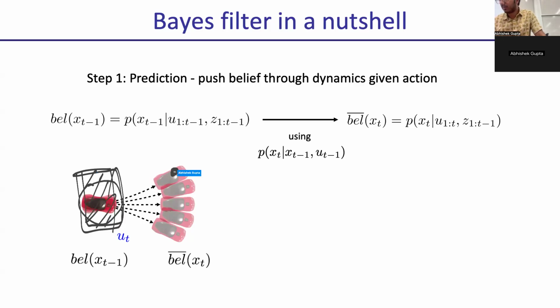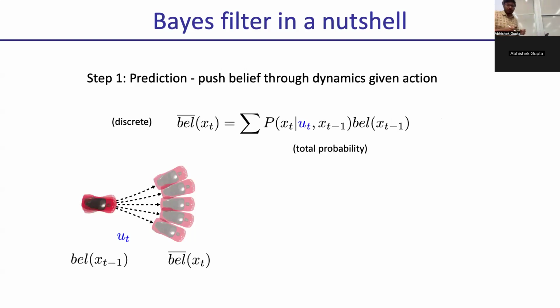The belief at this time step is going to be the belief at this time step multiplied by the likelihood that I transition to here, plus the belief at this time step times the likelihood that I transition to here, plus the belief at this time step times the likelihood that I transition to here, right? These are all the places that I could have been in. And I look at where the motion model takes me and I sum those up. So intuitively, you can think of it as pushing forward through the motion model and then integrating over it. It becomes a little easier when we work out the math, but that's the intuition.